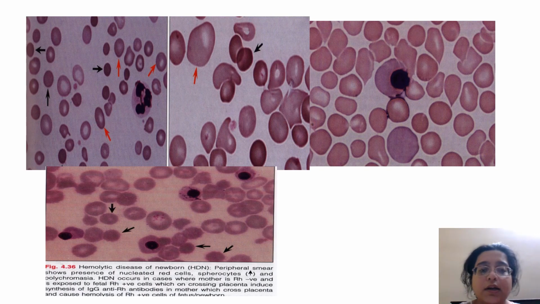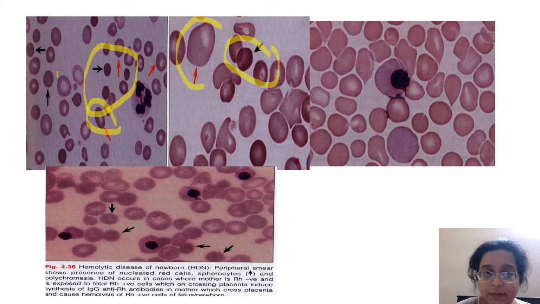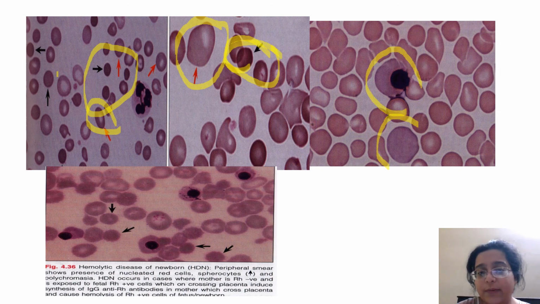Again, now what are the findings that you're going to get in any peripheral smear of any autoimmune hemolytic anemia? You have to look for spherocytes. You have to look for these big macrocytic kind of cells. Again, a spherocyte over here and a macrocyte. Always make out a difference. See, this is a macrocyte and this is a spherocyte. Okay, NRBCs and polychromatophils. Again, NRBCs with basophilic stippling.